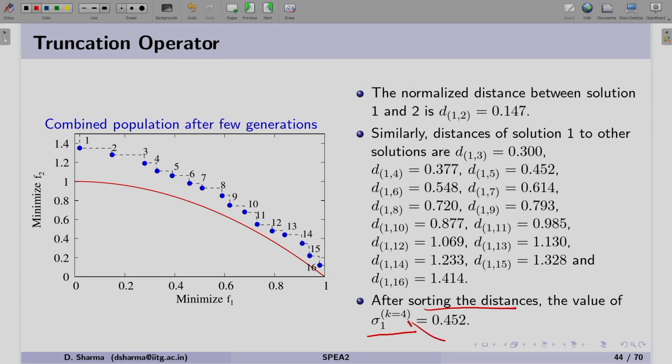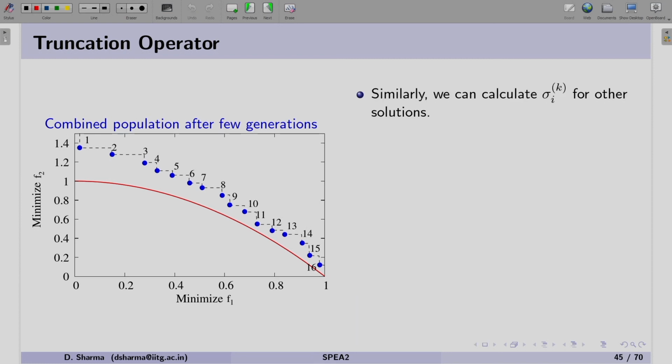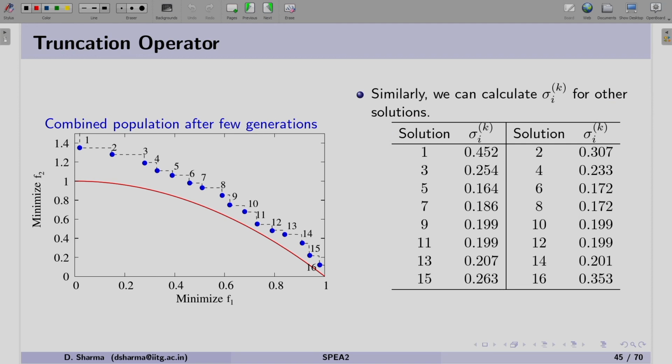We remember that this kth element is found with the rule that k equals the square root of n plus n bar, where n is the population size and n bar is the archive size. So, after sorting, we get the sigma 1 k value. Similarly, if we calculate sigma i k values for the other solutions, we have tabulated all these values. So, for all 16 solutions, sigma i k values are given.